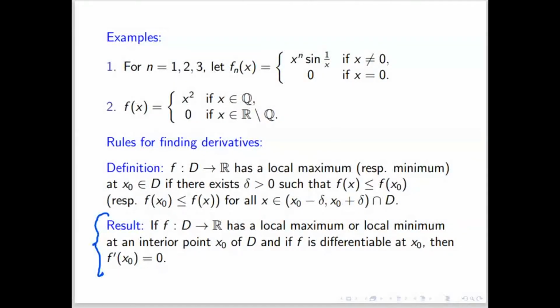So I will come to how to find maxima and minima: take the first derivative, then differentiate again to get the second derivative, and check whether the sign is positive or negative. I think everybody will know this. I will come to that, but a little bit later.